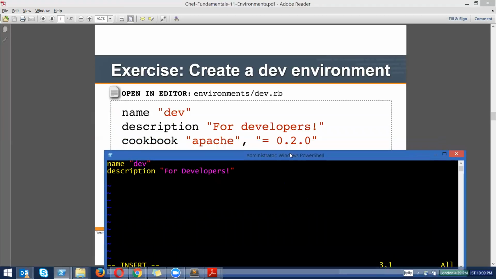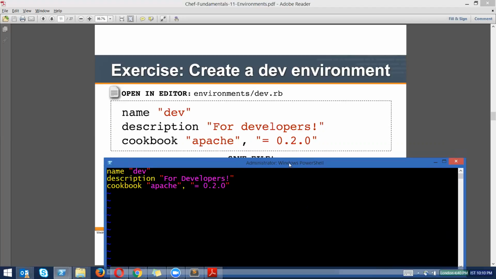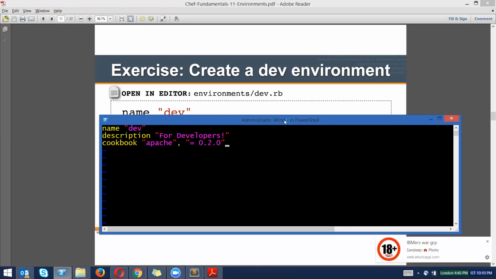Here, as you can see, we'll set this up: cookbook apache, comma, and just need to set it like this, 0.2.0. This is what I need to set. And that's all. So essentially what we are doing, if any node belongs to